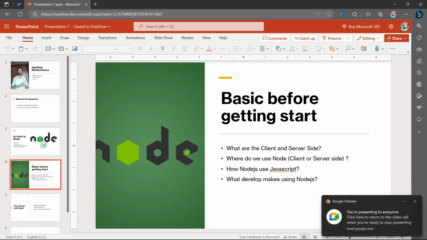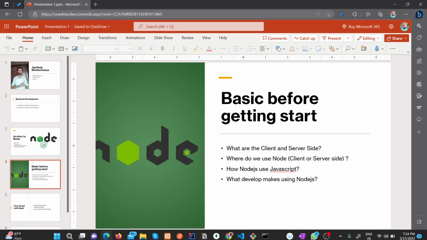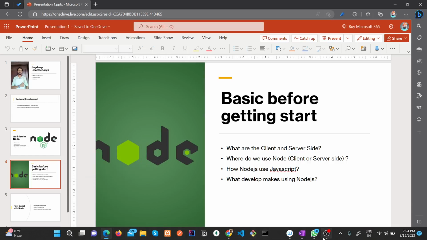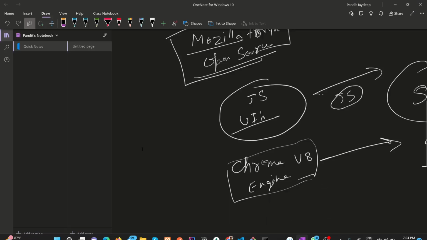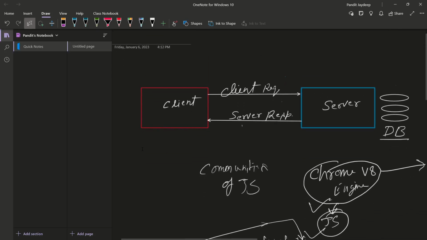Now let's come to the point. What are the client side and the server side? I already made a picture of this, client side and server side.